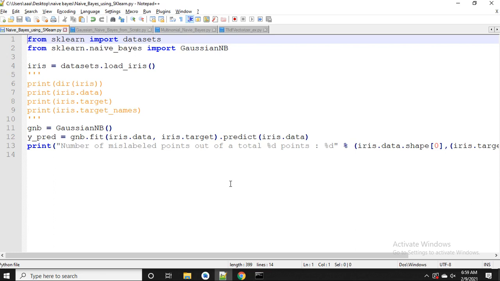That's your choice, but we have to write just this many lines. देखिए तो हमारे पास सिर्फ 2 लाइन का कोड है. First of all, create an object of your particular algorithm. Okay, and after that create a model by calling the fit function. To the fit function we have to pass 2 things. The first one is training data, and another thing is the target values. And finally, using that model object we have to call the predict function. In that predict function we pass the testing points, and it will return a prediction. And now you just compare the prediction with the actual values, and you can say, oh, this is how accurate your model is.